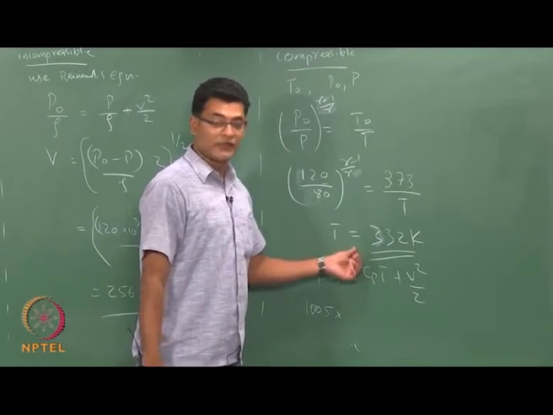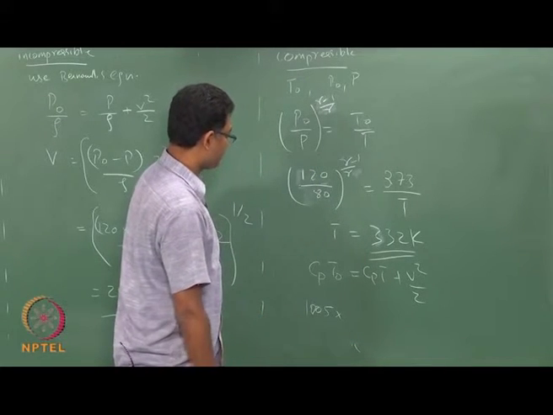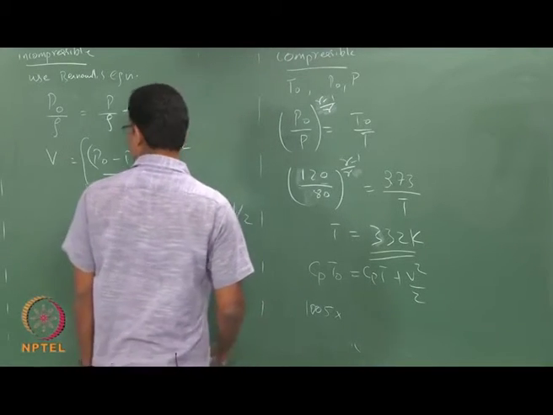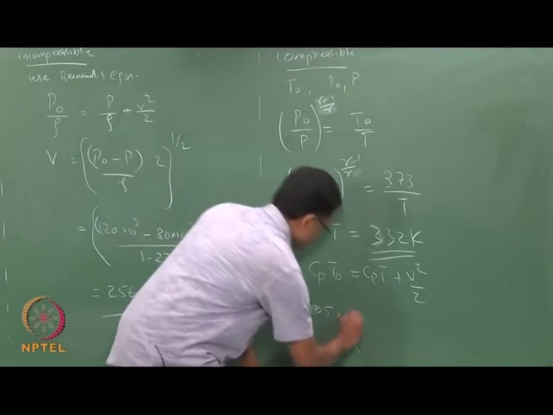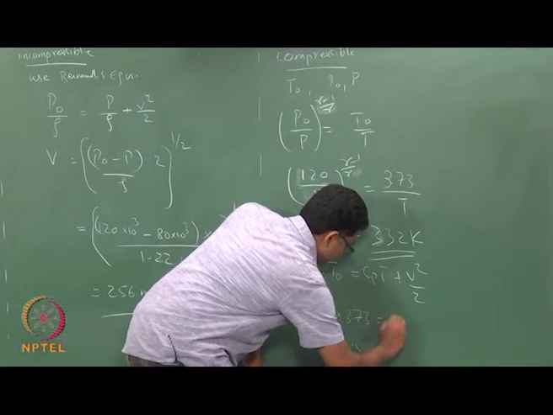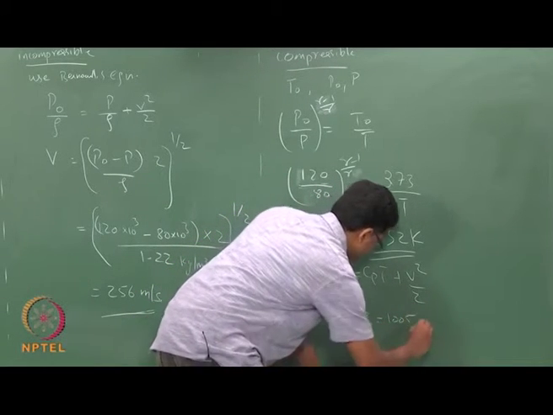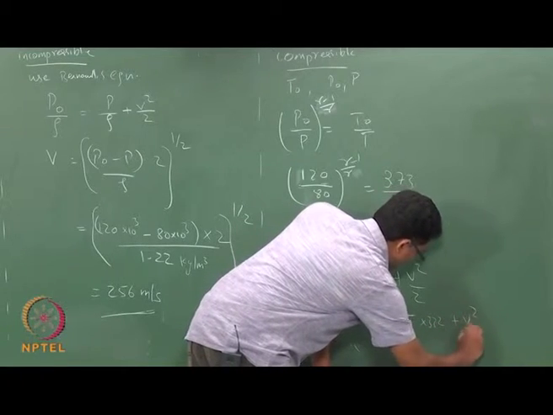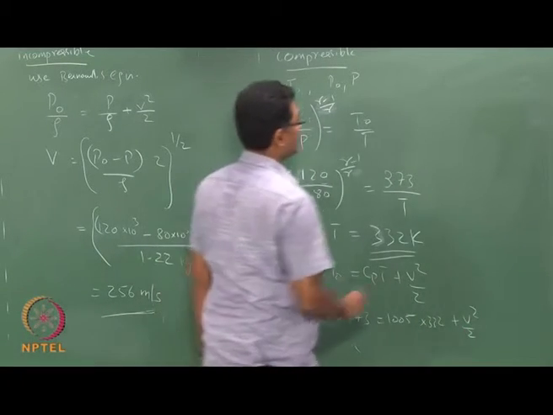So, this value is 332 Kelvin. So, Cp into T0, 373, equals 1005 into 332 plus V square by 2, from which you would get